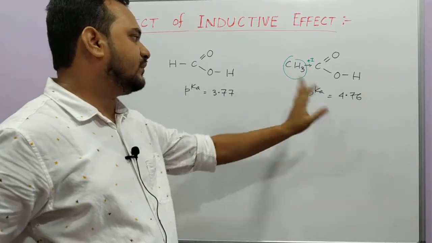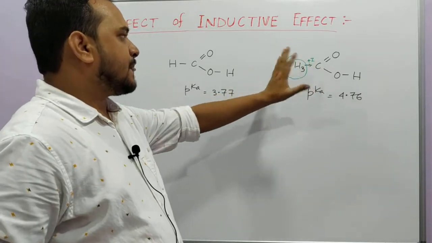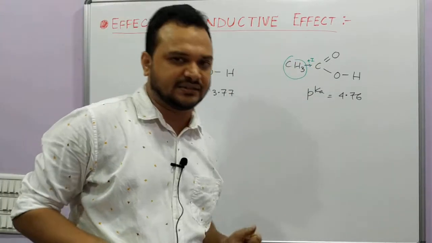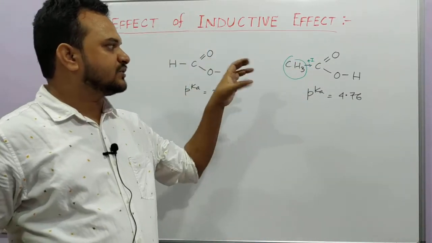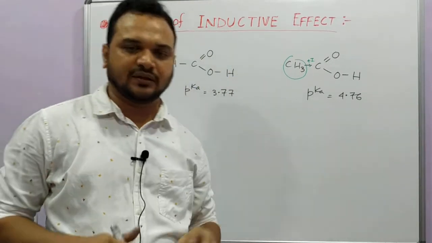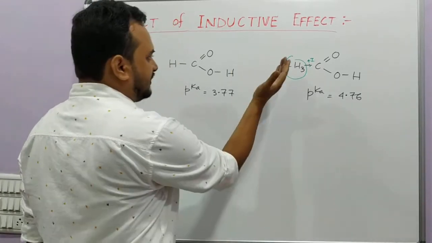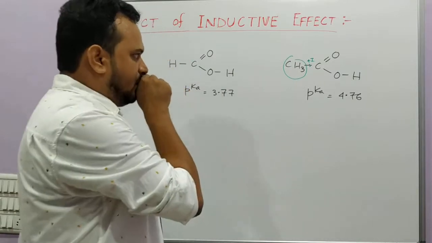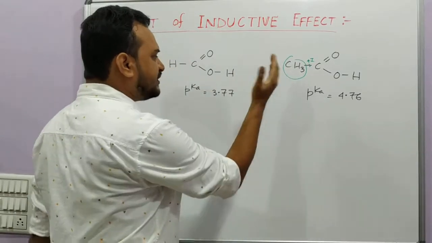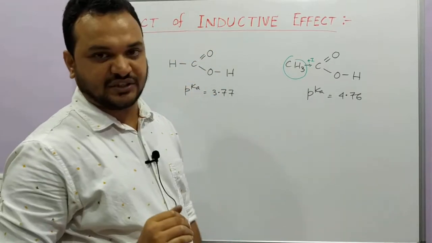That is, the pKa value increases significantly. So it is the plus I effect that actually reduces the acid strength on going from formic acid to acetic acid. Similarly, if we can put some minus I effect, electron withdrawing effect, we can show that the acidic strength will increase. However, one thing you have to remember, that if we increase the chain length of this R group, then you already know inductive effect diminishes with increasing distance, right?